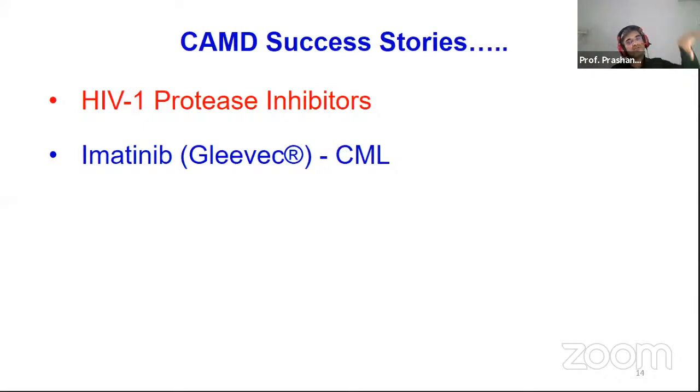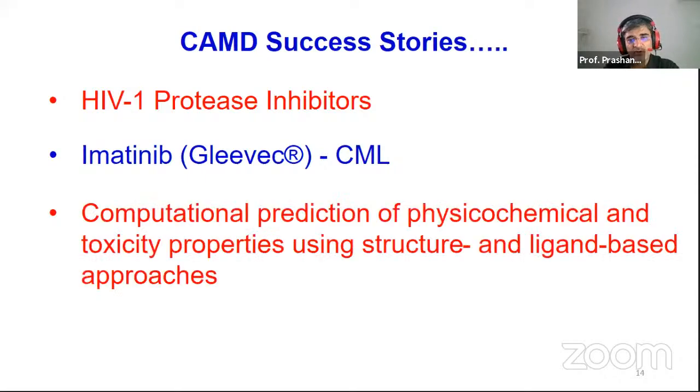So they used the crystal structures of the BCR-ABL protein to come up with imatinib, and imatinib is still a blockbuster drug, although you have other versions of imatinib or other congeners, molecules of the same series. Imatinib is still one of those earlier discovered drugs, although there are many blood cancers which are resistant to imatinib. But the point is, if you read about how imatinib was discovered, it's very, very interesting, and it is one of the brightest success stories of computer-aided molecular design.